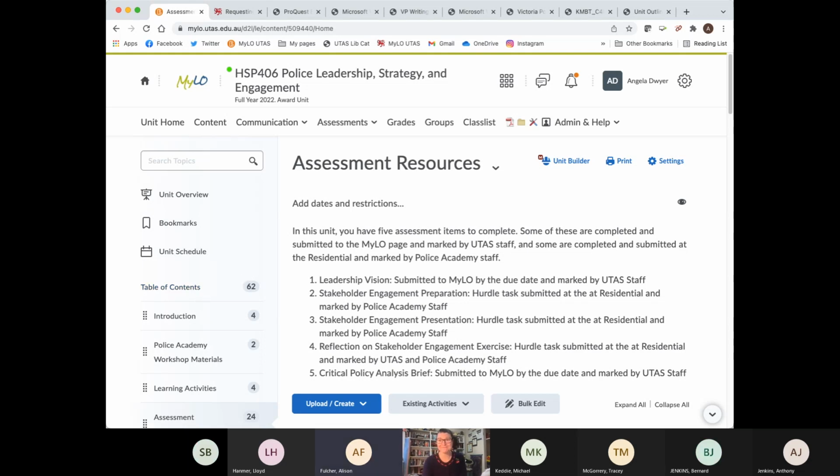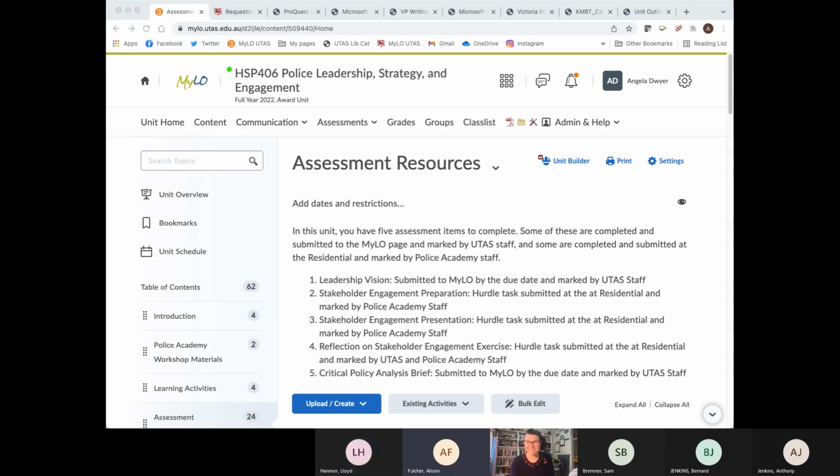I sure can. Just a question that cropped up when I was looking at the resources, and you described the 3 hurdle tasks and stakeholder